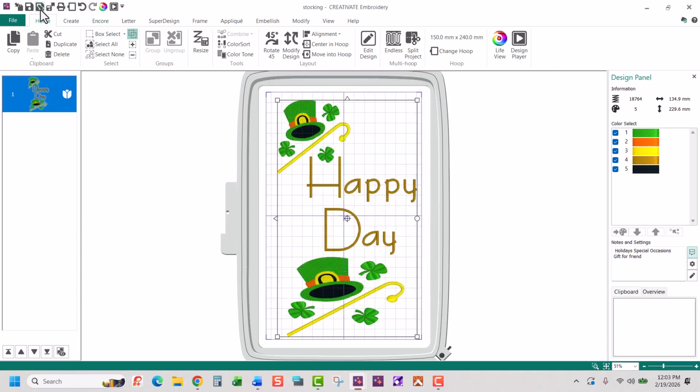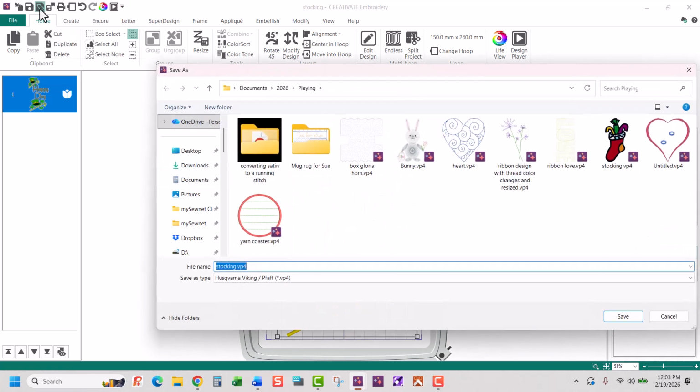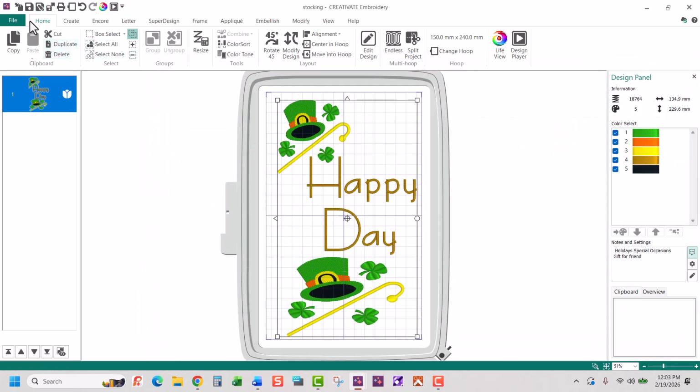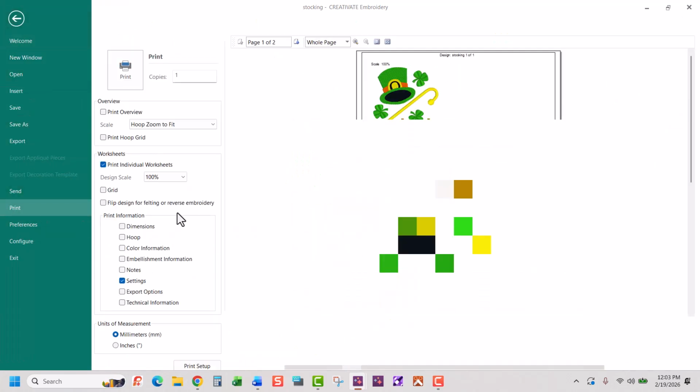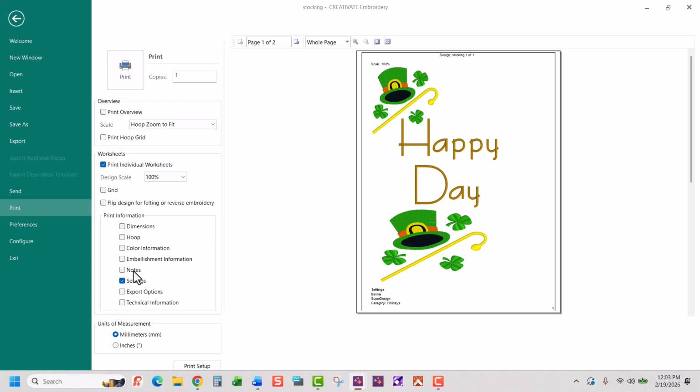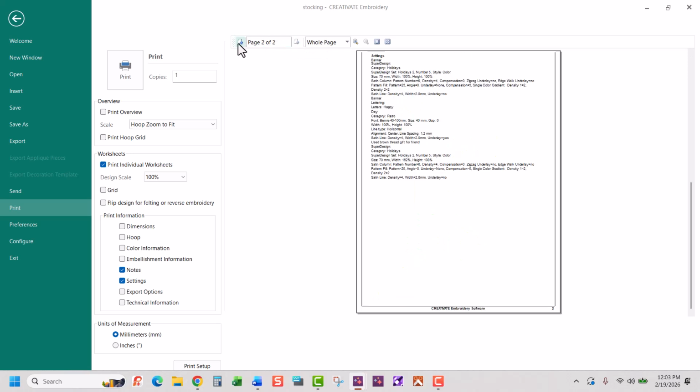And now when I go and I do my save as, I can save it as appropriate. I'm going to hit cancel here. The other thing I can do is I can actually go to File and I can go to Print, and I can tell it that I want to see the notes and I want to see all the settings. And so because I combined it, it makes it only into 2 pages,